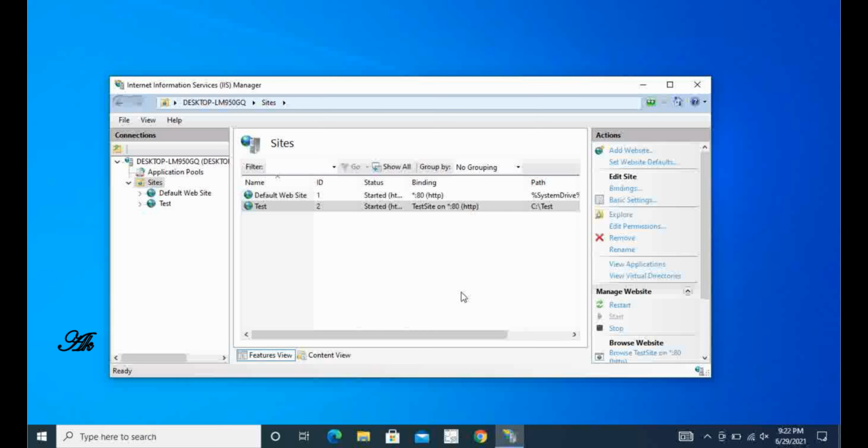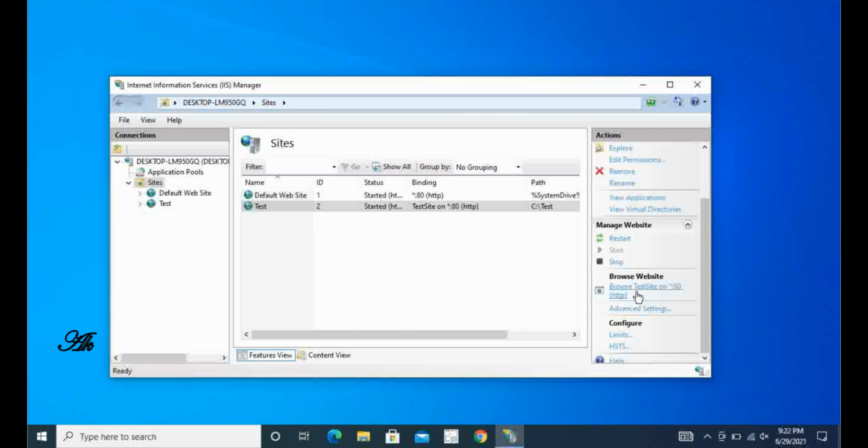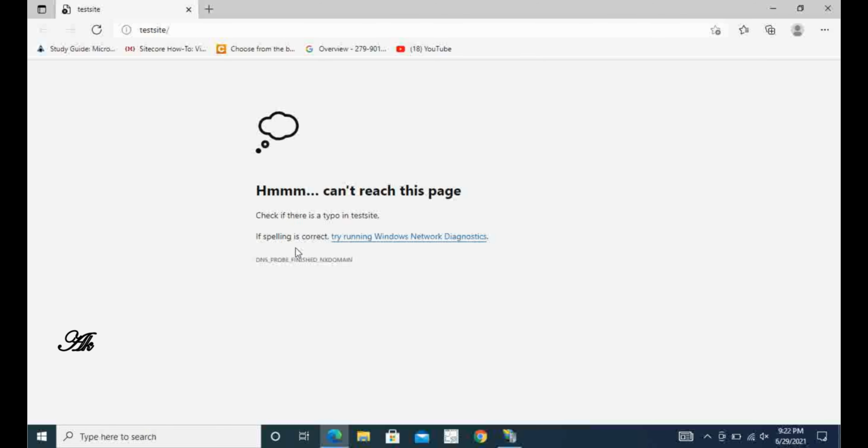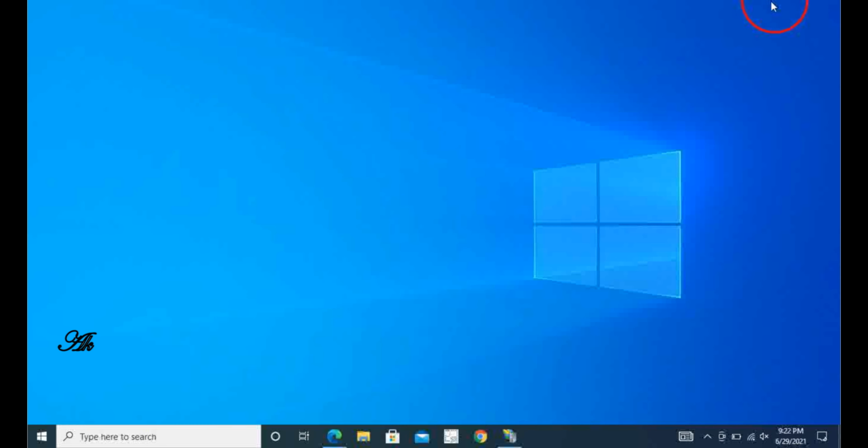And then on the right side, just scroll down and click browse website, and in the web browser it opens. But for the first time it shows an error. Why? We will now see why the error happened. To resolve this error, as our site won't work, we just have to